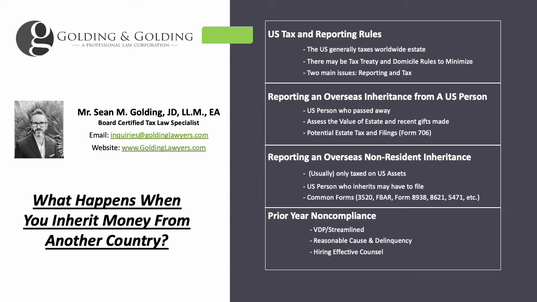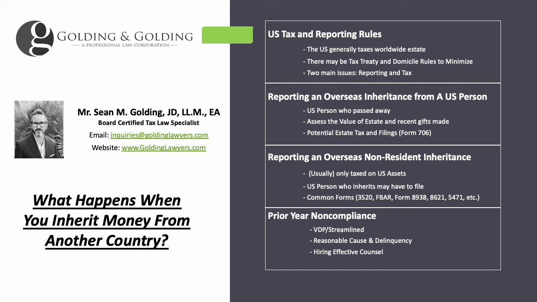Generally, when a person receives a foreign gift, they have to file a Form 3520. And for estate purposes, estate and gifts are different. For reporting purposes on Form 3520, an inheritance is a type of gift, so you would have to report that. There are many different forms a person may have to file. The main form regarding the inheritance itself is a Form 3520, but there's various other forms depending on what